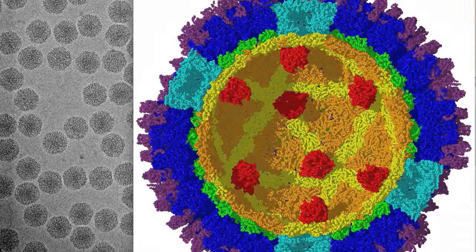So the goal of the project, again, is to create a movie of a virus that not only explains the shape of the virus, but also explains how the shape is related to its ability to infect us. In order to survive, the virus needs to hijack and penetrate one of our cells. And the way that it does that is by binding to the surface of the cell